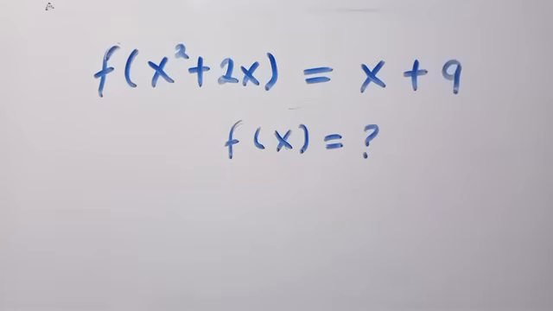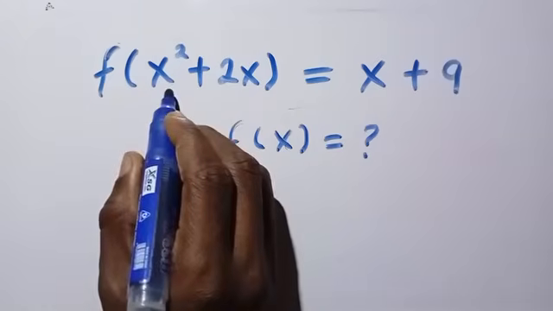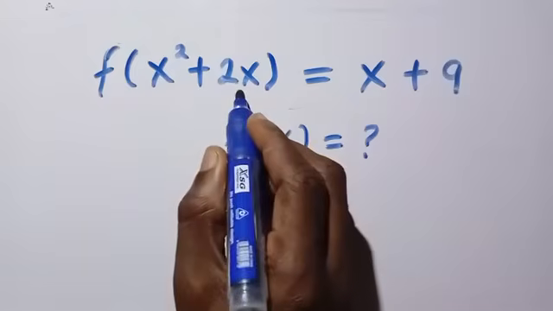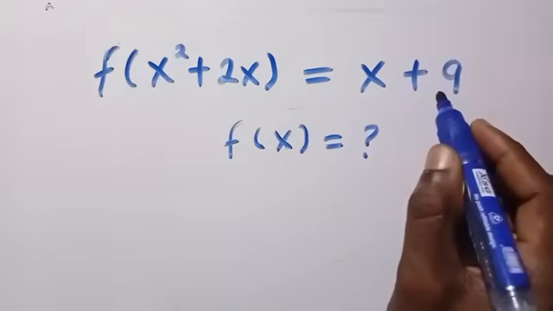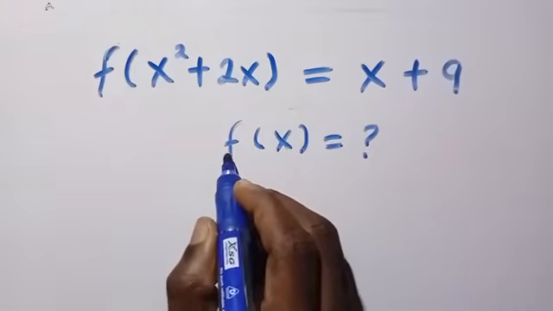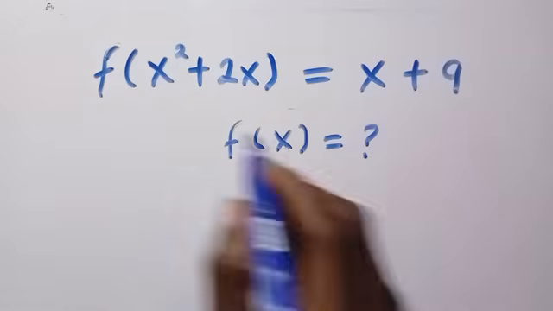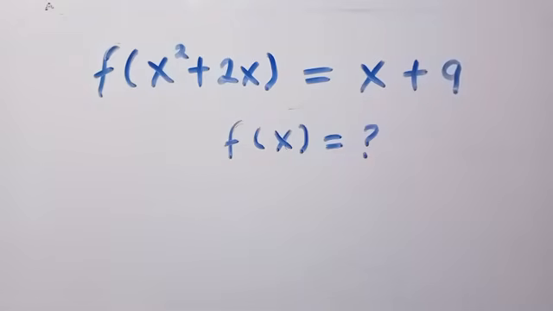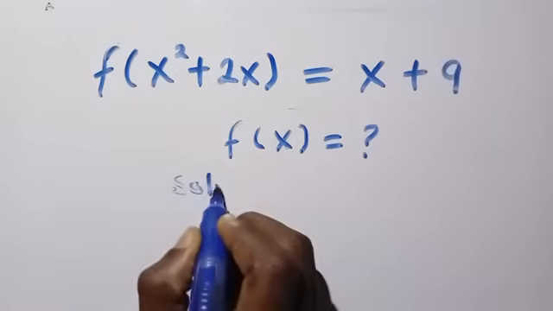How to solve these nice functional equations? We are given f of x squared plus 2x equals x plus 9, and we want to find f of x given this function. This is very easy to solve, as when we consider the solution first,